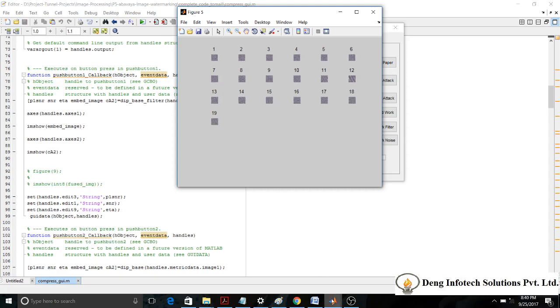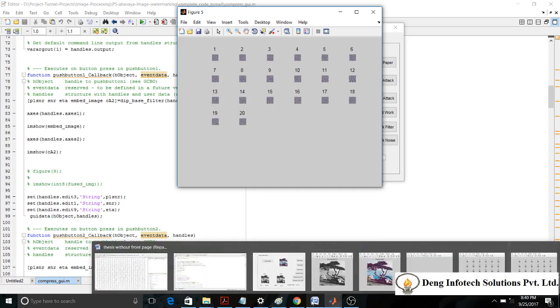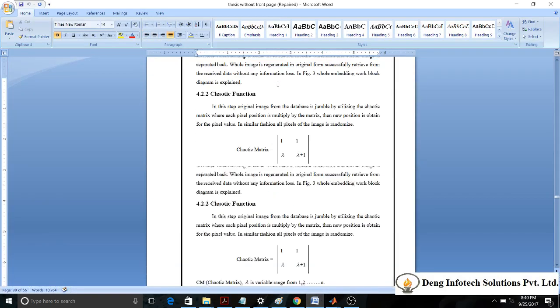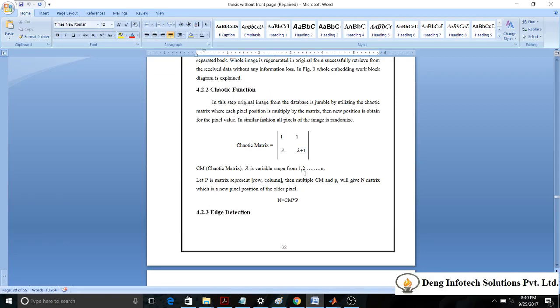The Choptic function depends on a matrix: 1 1 lambda lambda plus 1. The lambda value is an integer which ranges from 1 to n. I never use this n term, meaning the last number. I generally use 1, 2, 3, 5 till 8,